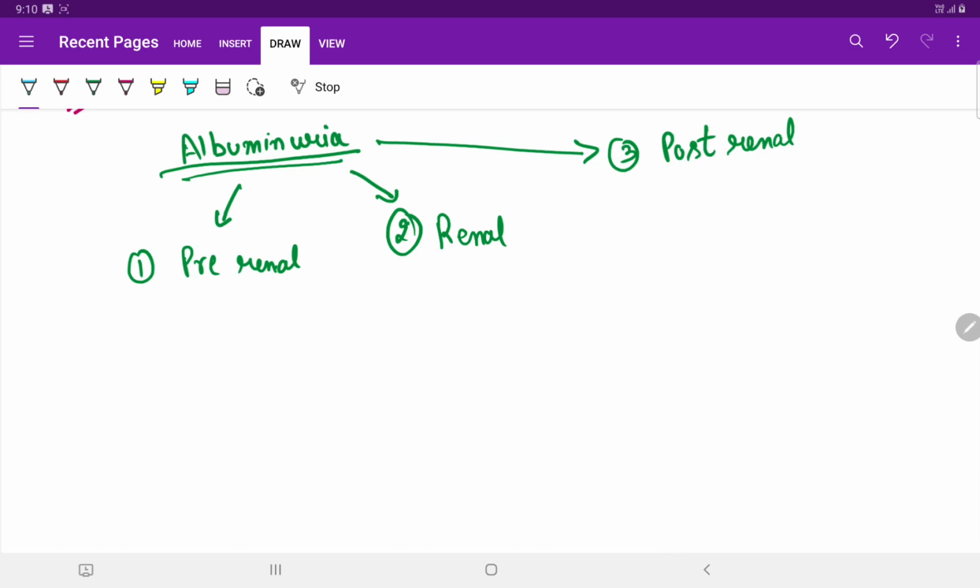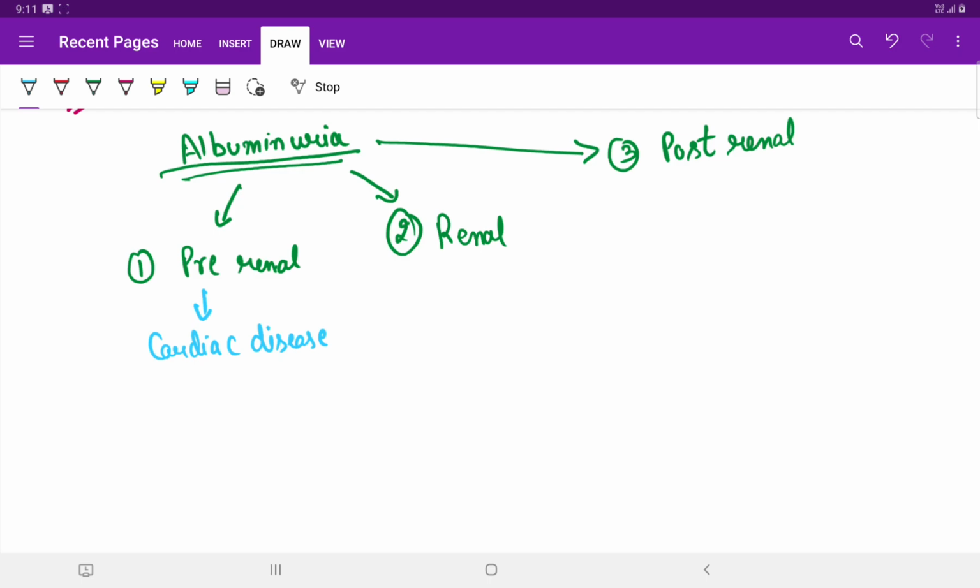Pre-renal albuminuria is basically associated with abnormalities in organs other than the urinary tract. Mainly it is indicative of indirect changes in the kidney, or cardiac diseases may affect this. Various cardiac diseases, or drugs including turpentine, quinine, naphthols, and sulfonamides, may lead to pre-renal albuminuria, because these drugs cause irritation in the kidney.